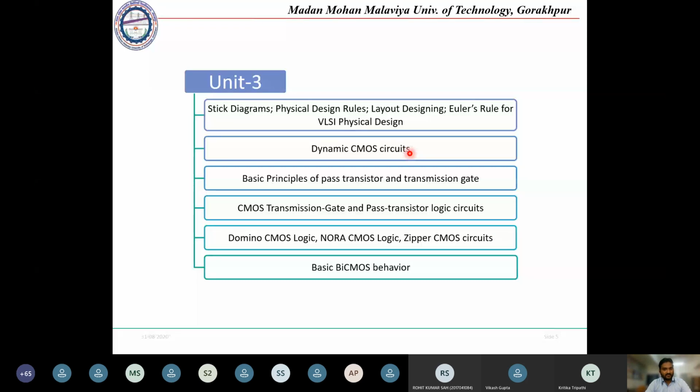In a static circuit, we take the output at steady state. We connect the input, and the output takes infinite time to reach the steady state. If it is at a steady state, that output will be considered the static output.